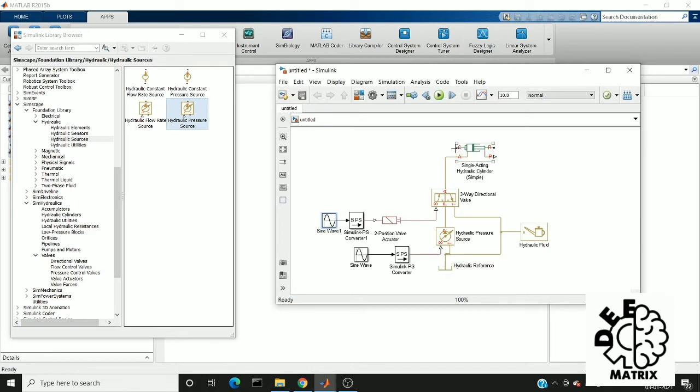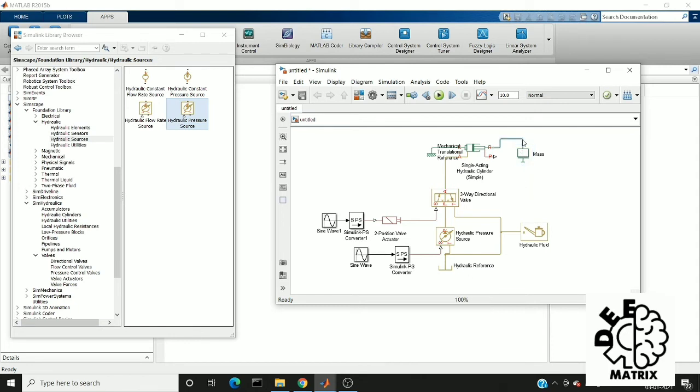Next I'm going to connect this C port to the reference. The green color indicates it is a mechanical port. The R I'm going to connect to the mass. I'll give 100 kg mass.